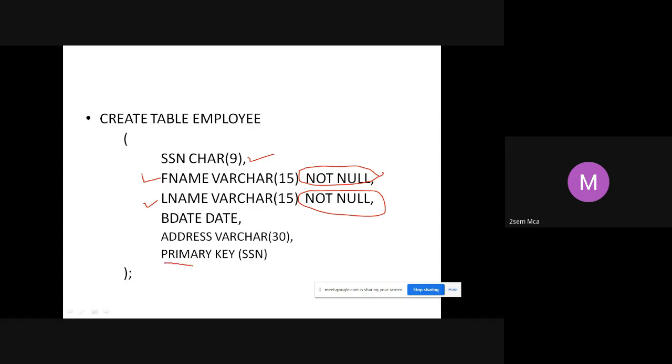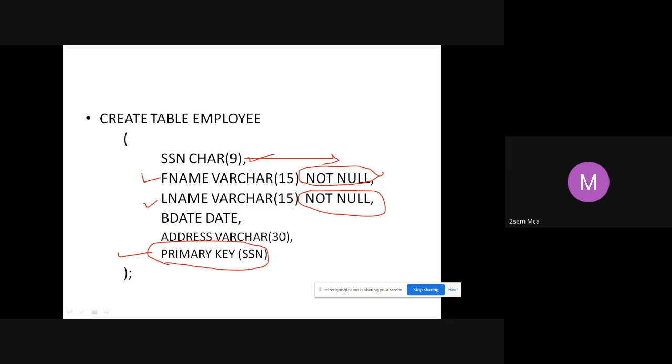Then I have given primary key of SSN. As I told you, you can specify it here itself as we did in our lab: SSN character of 9 primary key. You can do that also. Another syntax for representing primary key is you can put it at the end: primary key of SSN.